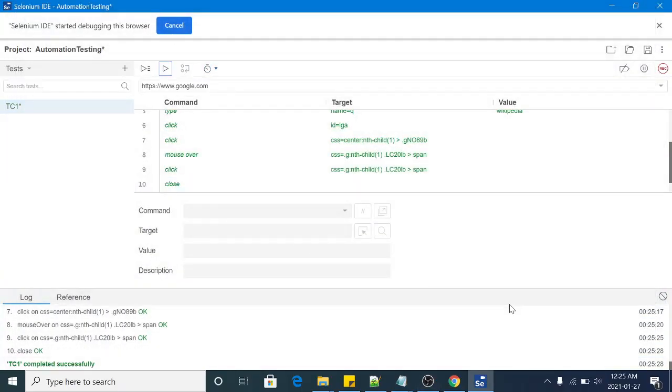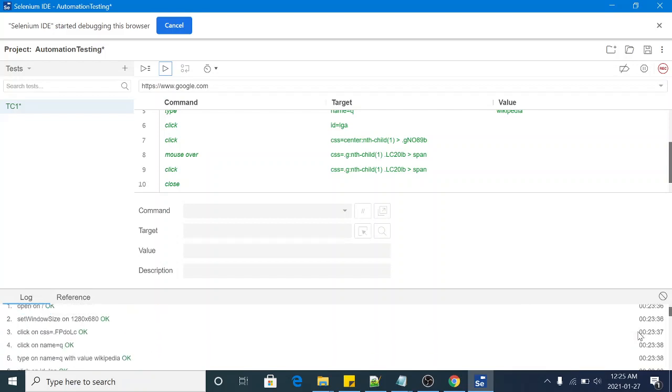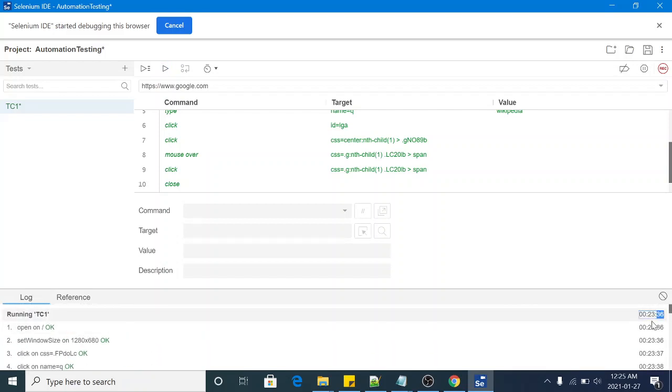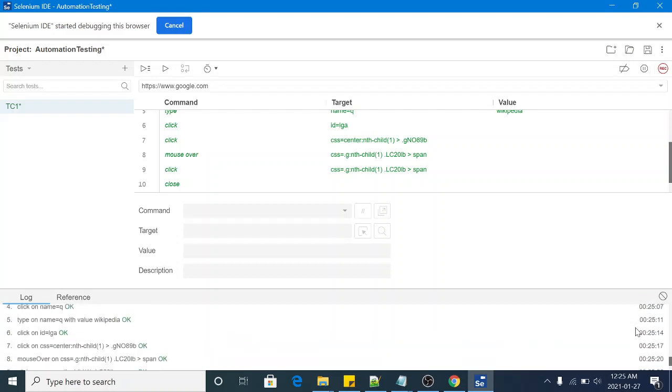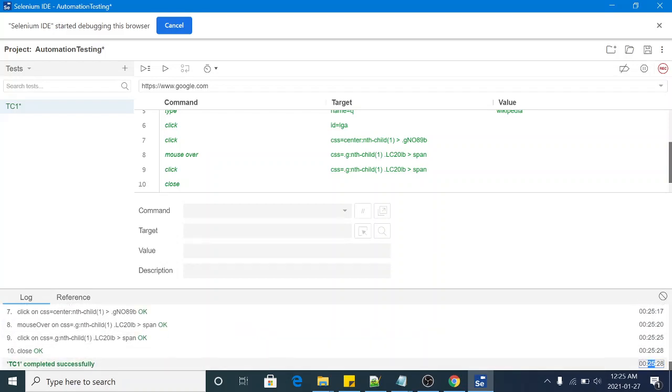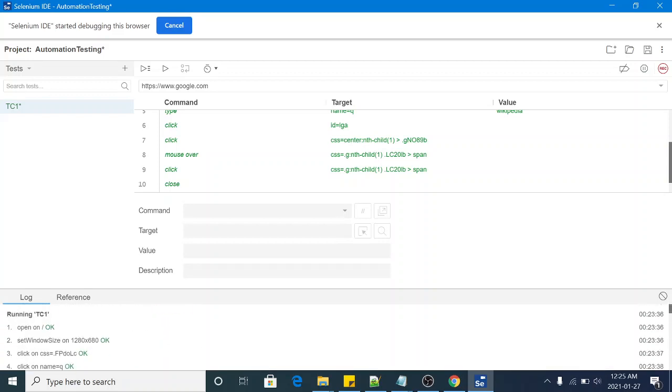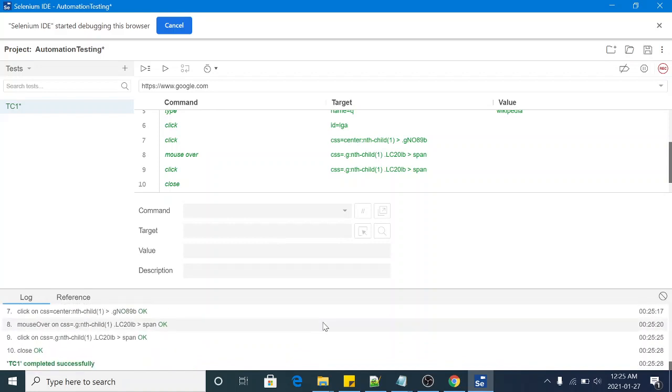Now let's find the time taken by the script. We started at 23:36 and it ended at around 22:50 the next cycle. So this script took around 2 minutes. It's taking 3 times as much time as compared to fast speed. We can set it to medium also. As per your requirement you can set it.